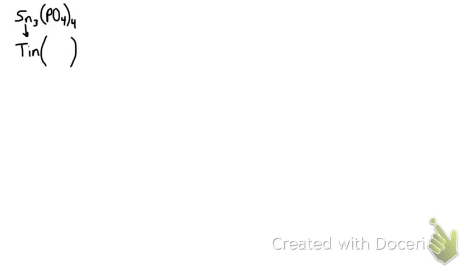And then we need to remember what PO4 is. To my favorite polyatomic ion, it is phosphate. Because it's a polyatomic ion, no need to change the name, so phosphate it is. But now we need to figure out the charge of that tin. We do that by remembering the charge of phosphate. Phosphate is always -3. So now we have this 4 on the outside here times -3 to give us -12